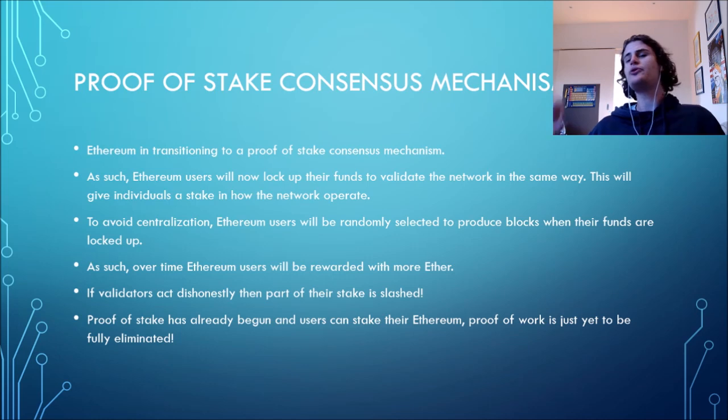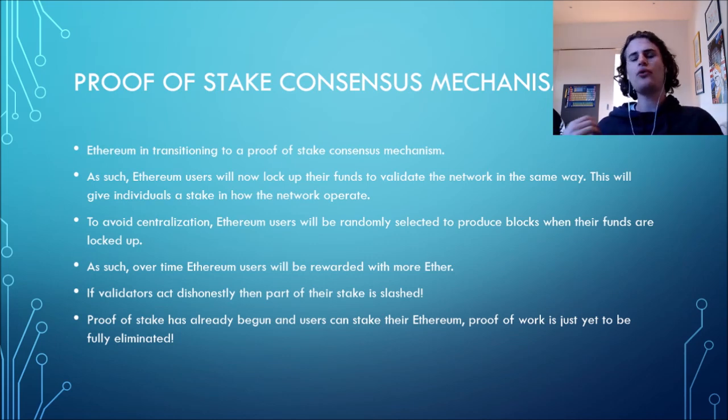So this means the people who are locking up huge amounts of money, the richer people, still won't have control over the network. Every single person who is participating and locking up their funds will have control over the network. Of course, those with a bit more money will have a bit more of a say and a bit more chance for a say. However, overall, when hundreds of thousands of people are staking their Ethereum, the network should be very decentralized. So all it is, people will lock up their economic resources, their Ether, and in return they will earn rewards. And when they lock up this Ether, they will be validating the network and validating transactions.